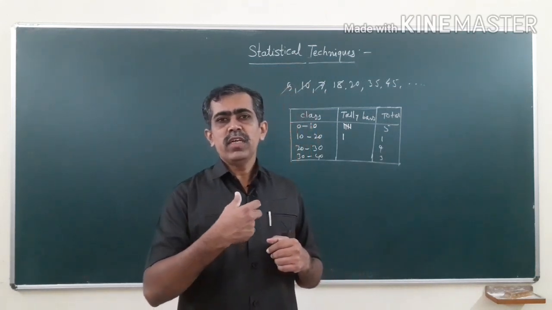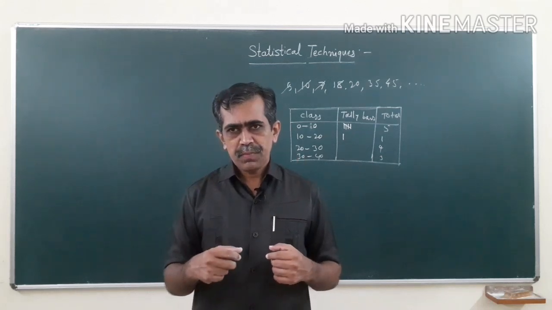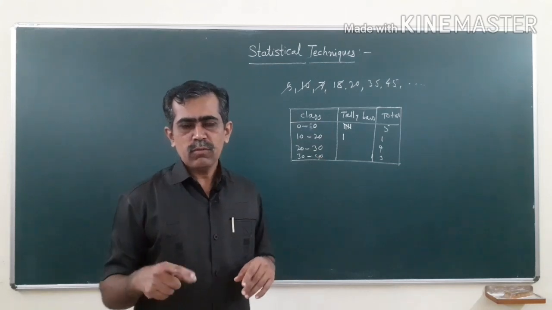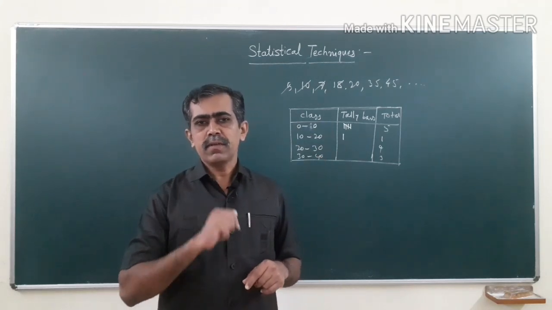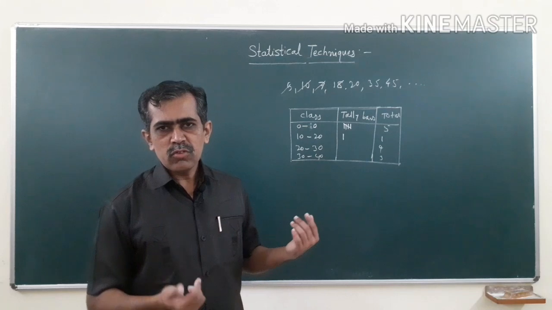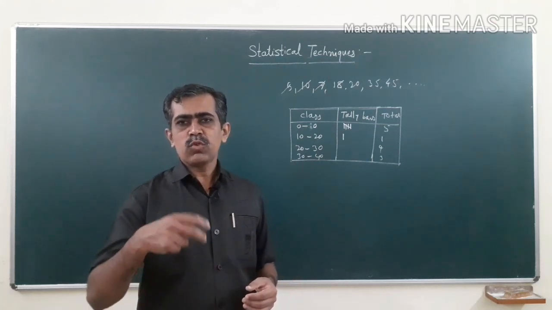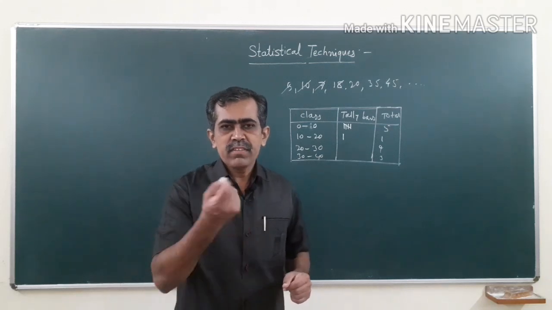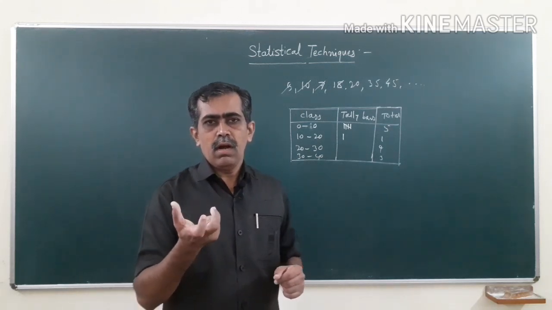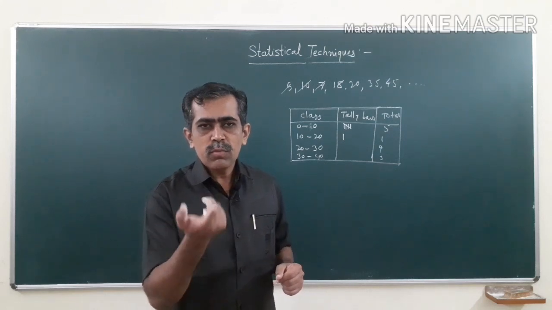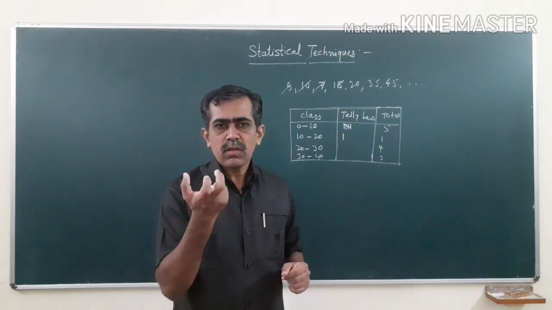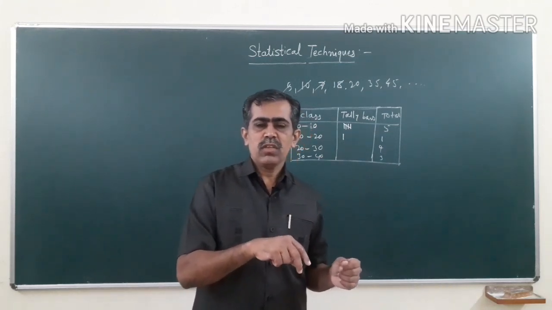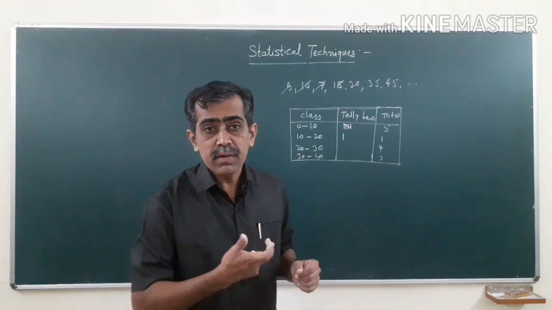So, I will calculate the average of all the students, and then I have to see, suppose the average mark of the whole class will be a single number. Suppose the average is 30. There may be some students who have got say 7 marks, and there may be some students who have got 49 marks out of 50. So how is the variation among the marks of the students from the average? From 30, how much do the marks of a student with the lowest score vary or differ?